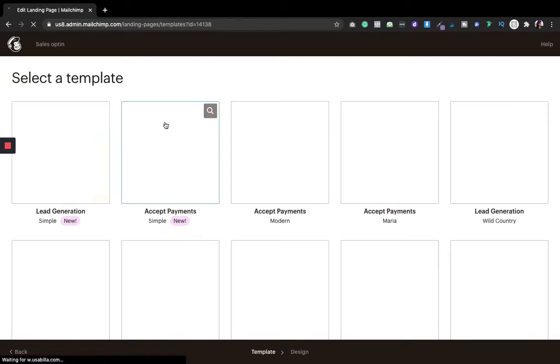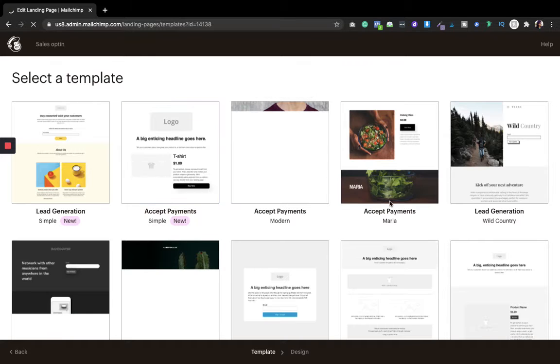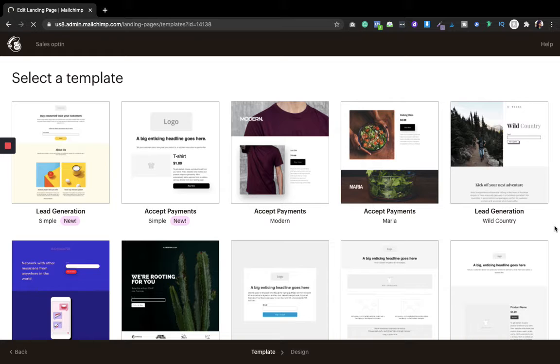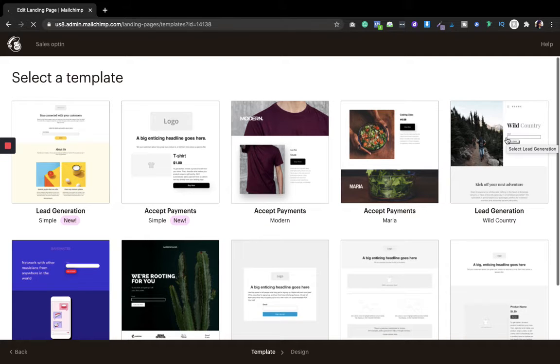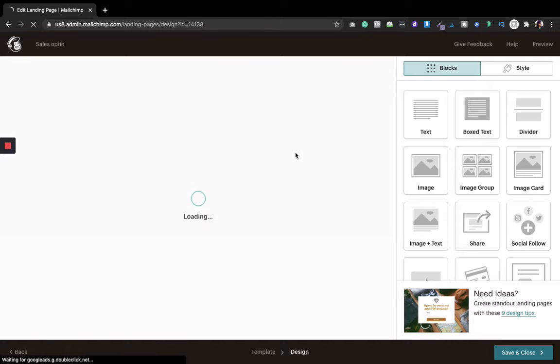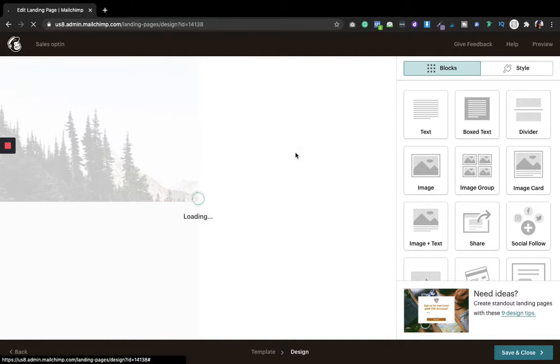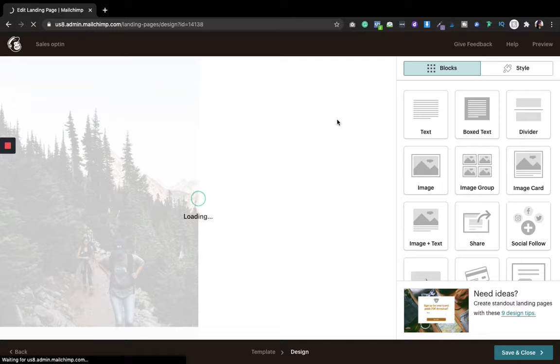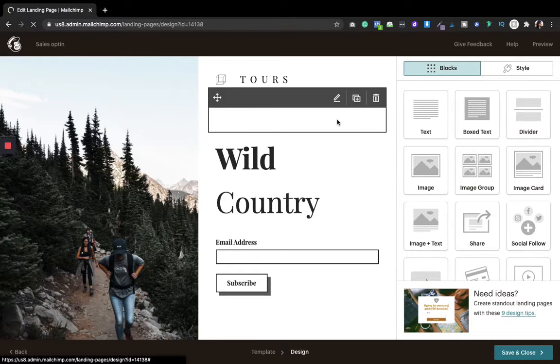Then it will give me an option to select one template. There are a whole lot of templates over there which are absolutely for free. You just have to pick one, customize it, and it is ready to go. For now, for example, I'm taking this one because it looks good, or else you can use anyone which you want. It completely depends on what template you want. For example, let's go for this as well. Let's see. It is a simple one and I am liking it because I like clean designs. I don't like very rough and very complicated designs.